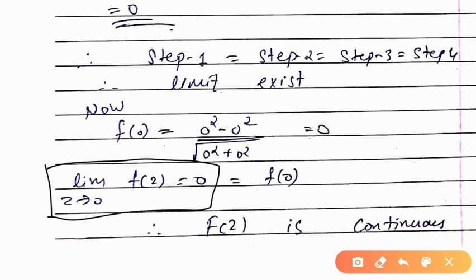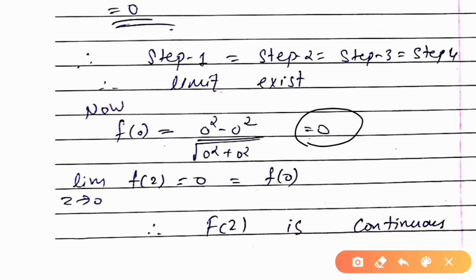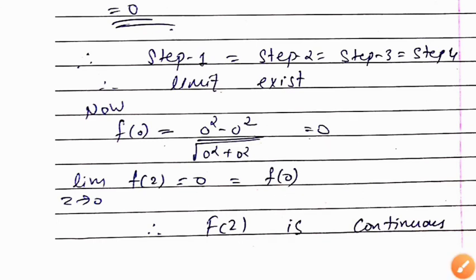If all your answers are 1, 1, 1, the limit of the function will be equal to 1. Now next you have to find the value of f of 0. That means you have to put x equal to 0 and y equal to 0 in the given function. When you put x equal to 0 and y equal to 0, you get your answer as 0. Now again you can see that this is equal to the limit of the function. So these both are equal, so you can say that the function is continuous.